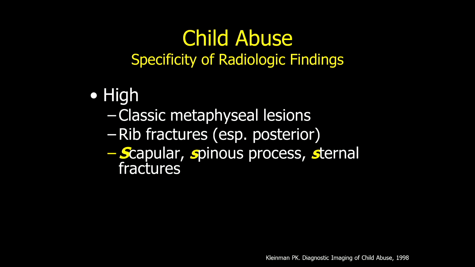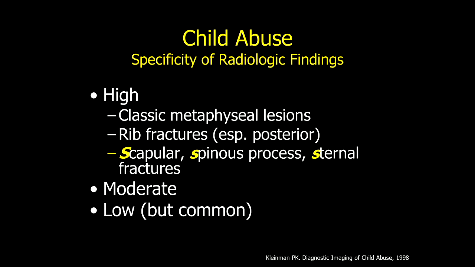The type of fractures which fall into this category include the classic metaphyseal lesions, or CML, rib fractures, particularly posterior and posteromedial, and then the S fractures, that is the scapular fractures, the spinous process fractures, and the sternal fractures. There are also fractures which fall into the moderate specificity group, such as digital fractures and vertebral fractures, and fractures which fall into the low specificity group but are common fractures but could have other etiologies, such as linear skull